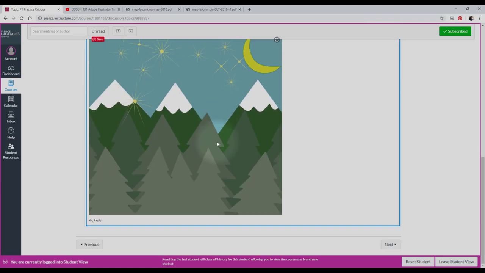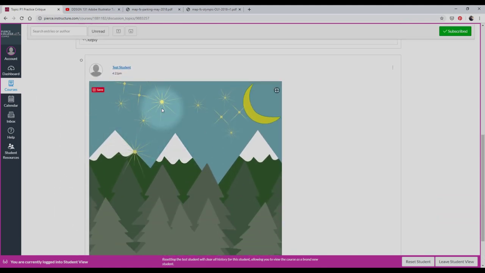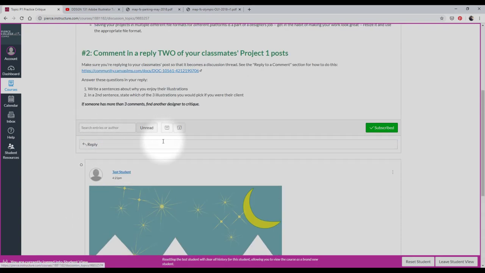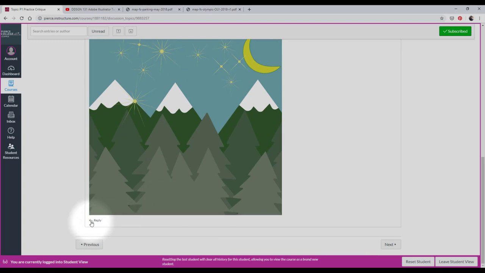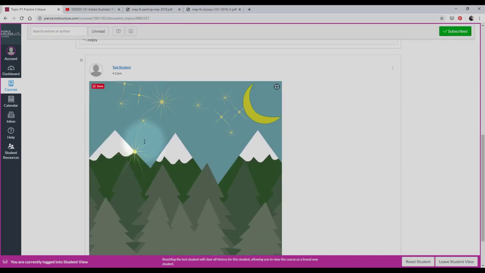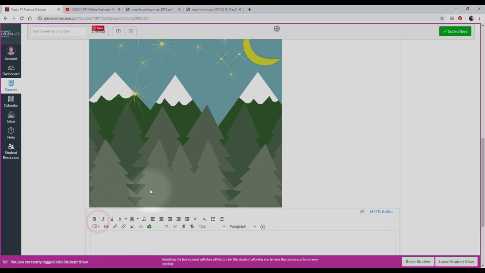I'm the test student. And then let's say you're replying, this is another student's project that you want to reply to. You want to reply down here. You don't want to come to the top and just reply and say, hey, test student, I like your project, because it will be hard to find. So under the one you want to reply to, this is part 2, commenting in a reply to 2 of your classmates. So you have to do this to 2 different classmates. Under their picture, you reply and you say,